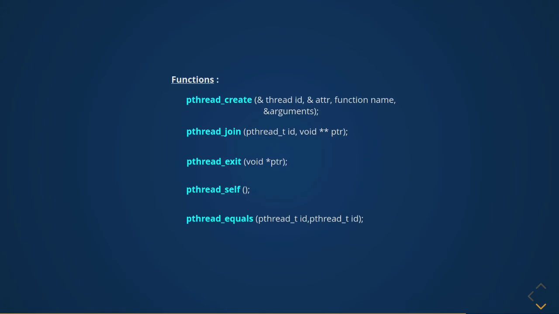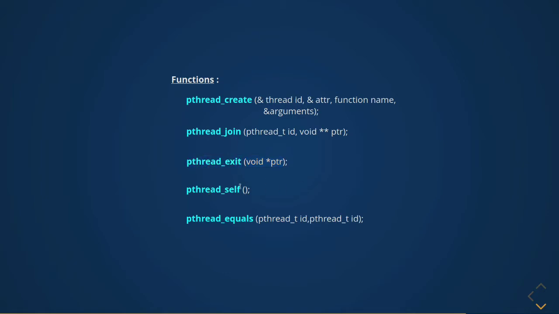Functions. Primarily we are using three functions everywhere. pthread_create for creating a thread, and pthread_join for joining a thread to the main process, and this also helps us to return something from our thread function. Here is the value which we are going to return, and at last when a thread executes, we run the command pthread_exit and provide it some value. What value we provide here is going to be returned after the execution of this pthread_exit function.